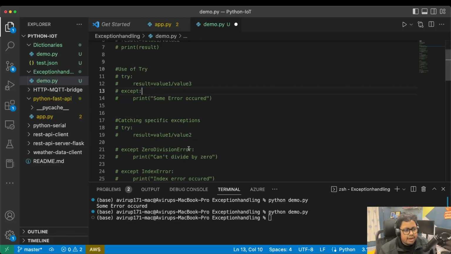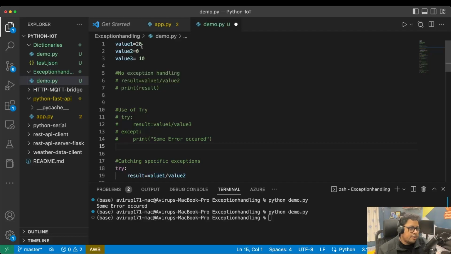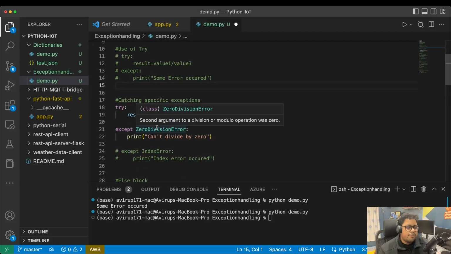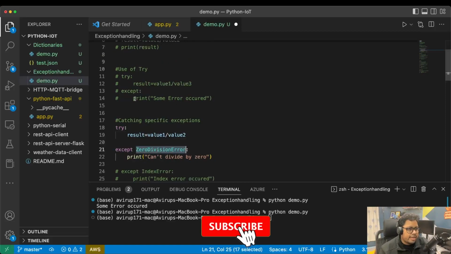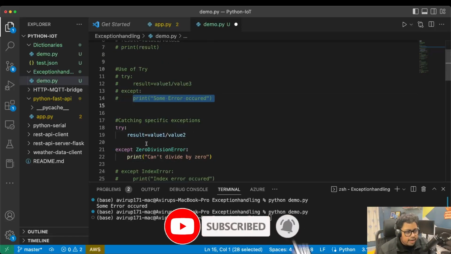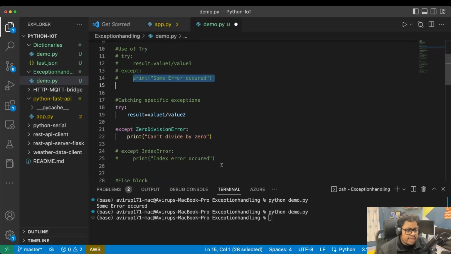Now let's say you want to handle a specific type of error. In the above example, where we are trying to handle division by 0, there is a particular type of exception called ZeroDivisionError, which is provided by Python. So whenever you are executing this piece of code, instead of getting a generalized message, you can explicitly handle that this is a ZeroDivisionError, and if a ZeroDivisionError is happening, it will print something else